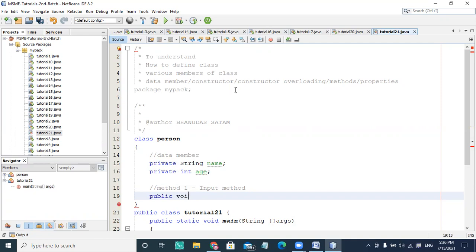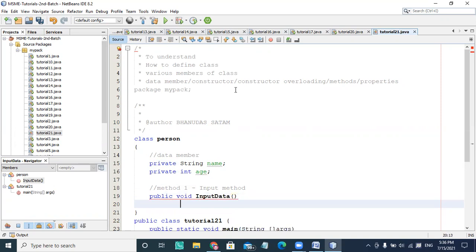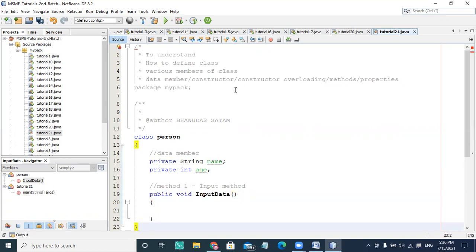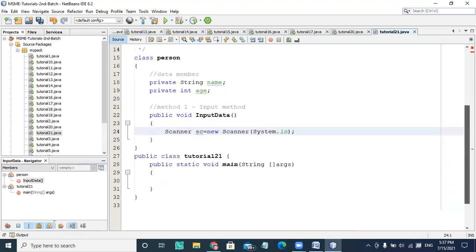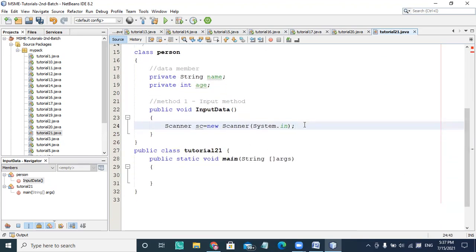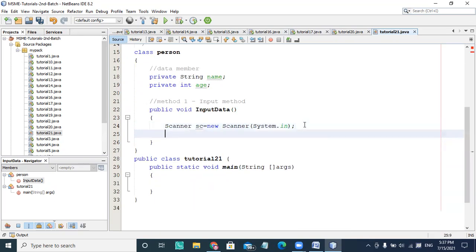I'm writing public void inputData as the name of the method, where I'm taking a Scanner object: new Scanner(System.in). So I'm creating a Scanner object for taking the input, importing the java.util.Scanner package here,